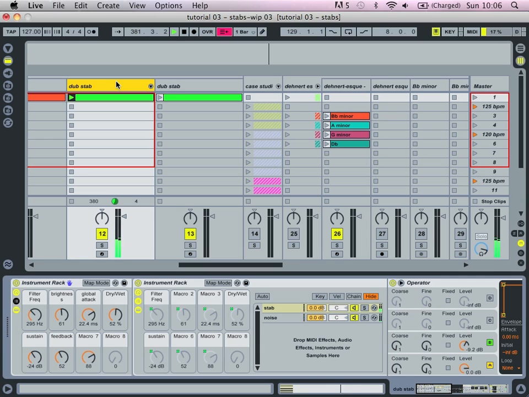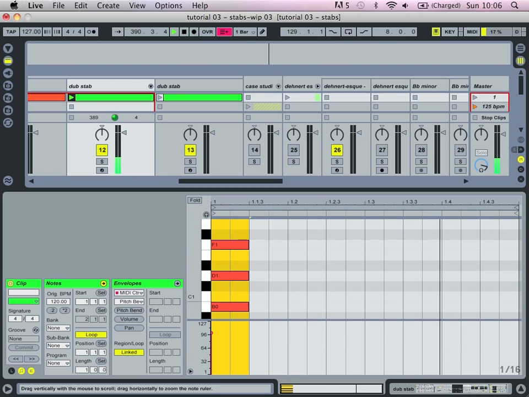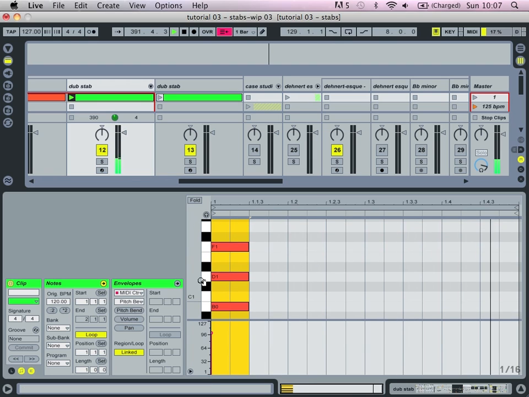The first thing to notice is that instead of our classic minor chord, what we've got here is a root note of a B. We've got our minor third, but as opposed to having our perfect fifth, i.e. 7 semitones above the root, we have actually an augmented fourth, which is a very discordant and sharp interval, and